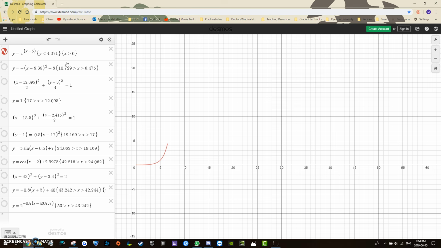to describe this. And these ranges that are stated here, so like that y has to be greater than 4 point or less than 4.371 and x has to be greater than 0. These are determined and played around with based on me actually designing the roller coaster, so we'll see how it develops. So the next stage after this, I wanted a quadratic, so a flipped quadratic to be coming like that